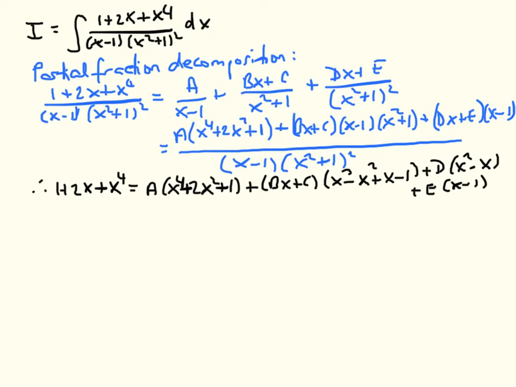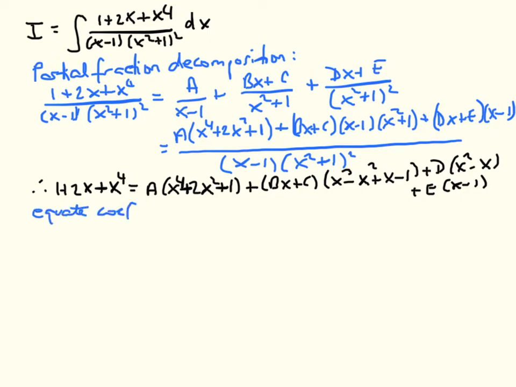So now we can equate the coefficients of x. The highest power of x on the left hand side is x to the fourth, and here as well we have an x to the fourth. Here x times x cubed is x to the fourth. That is the highest power. So we're going to equate